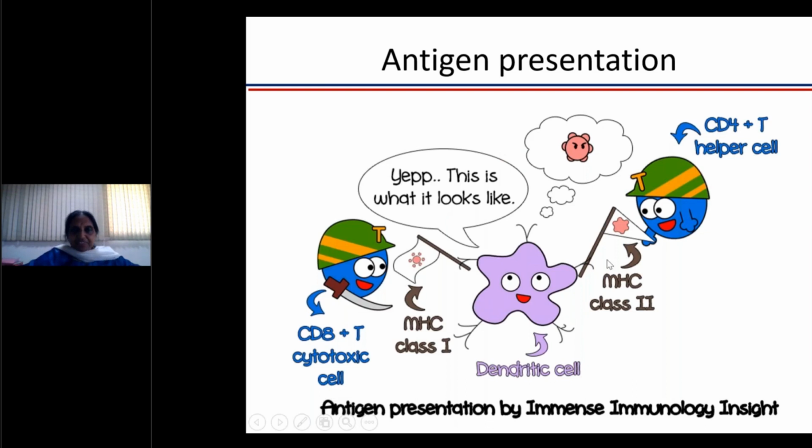So the dendritic cell now has to see that MHC class 1 is different, because the cytotoxic T cell will see the antigen in context with MHC class 1, while the helper T cell will see the antigen in context with MHC class 2. For generation of any effective immune response, we need to have a CD4 helper cell response, because that is the most crucial part of the start of a good immune response.